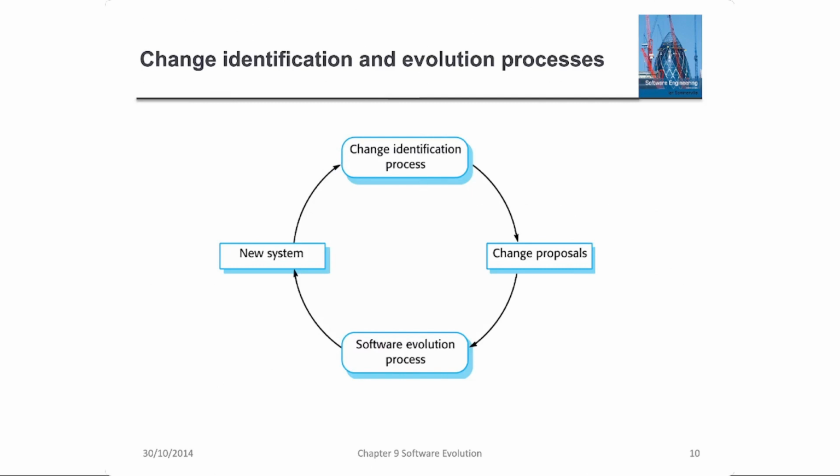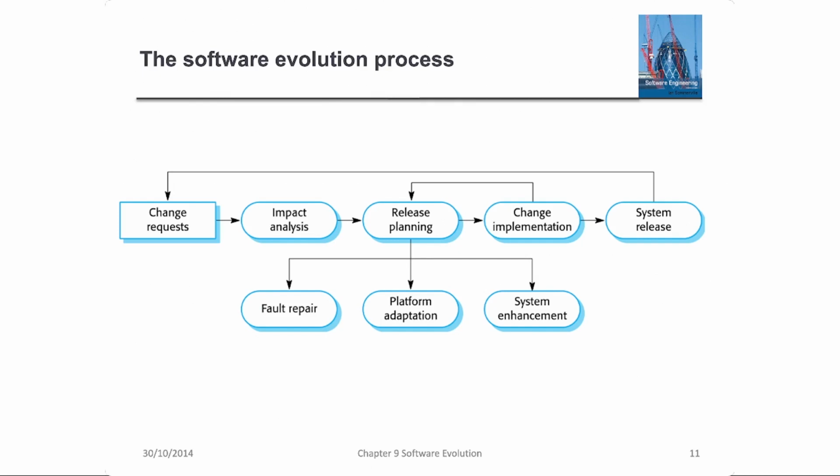The cycle is continuous, with each phase feeding into the next, ensuring that the software grows and adapts to meet the ever changing needs of its users. Here, we walk through the essential steps of handling change in software systems. It starts with the change requests on the left side, where users and stakeholders express their needs for new features